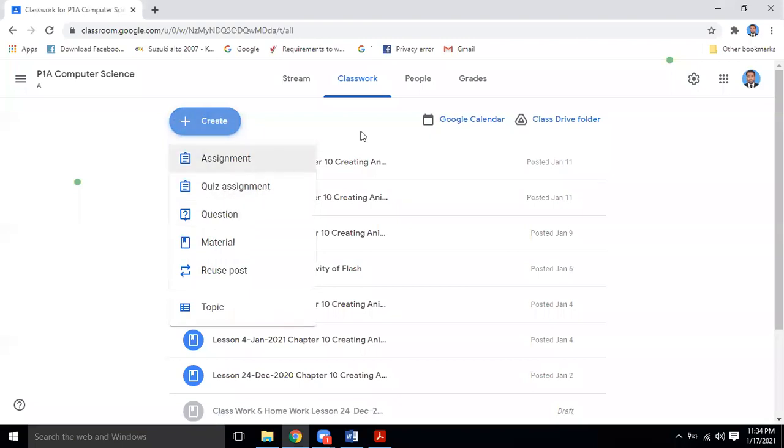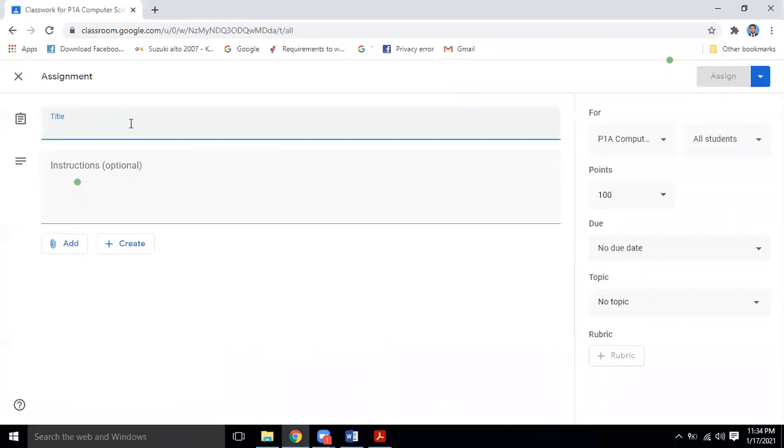So this is an activity that you will make, lab activity 1.